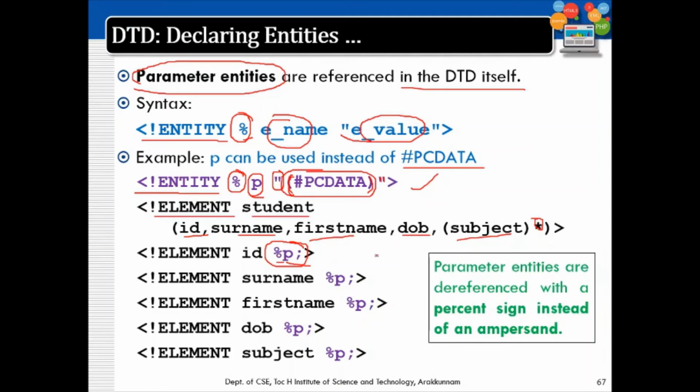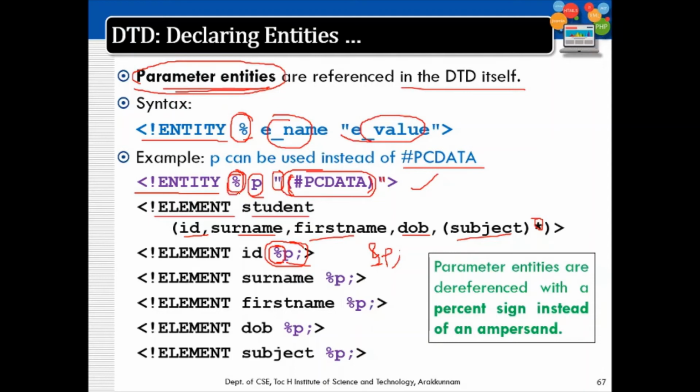If the referencing was done in an XML, you would use the ampersand symbol, then P and then a semicolon. But when you reference it within the DTD, instead of the ampersand symbol, you have to use the % symbol itself. So two things to remember. One is that parameter entities are entities which are referenced within the DTD itself, and then you have to precede them with a % symbol.